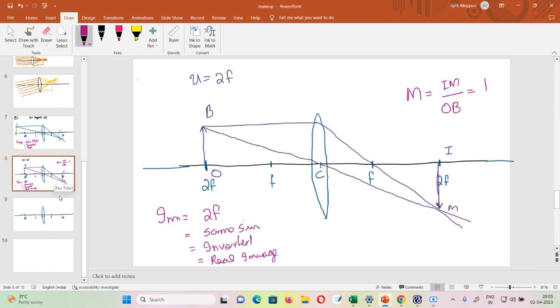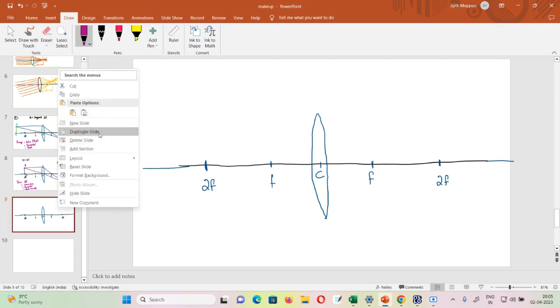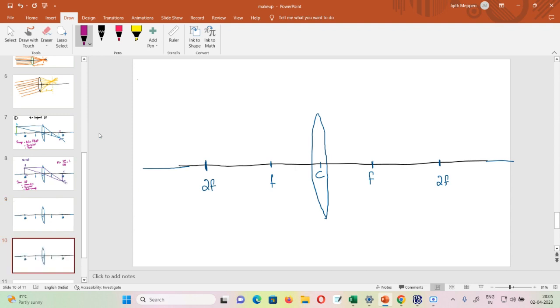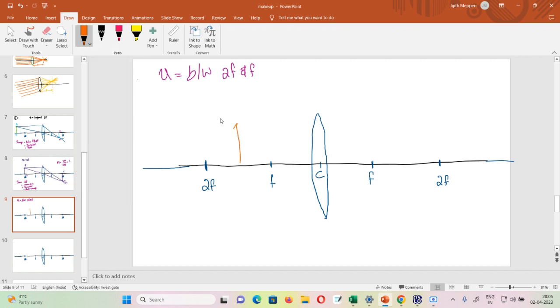Okay, now the next position. We are going to put my object between f and 2f. Now, my object, okay, between 2f and f. We will see what happens to my image. I am keeping my object